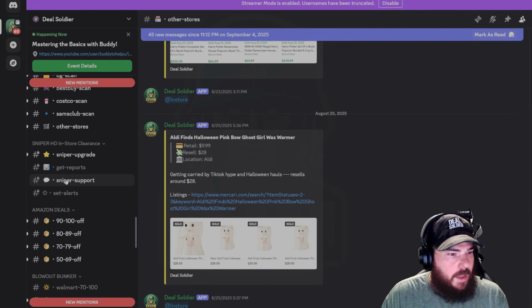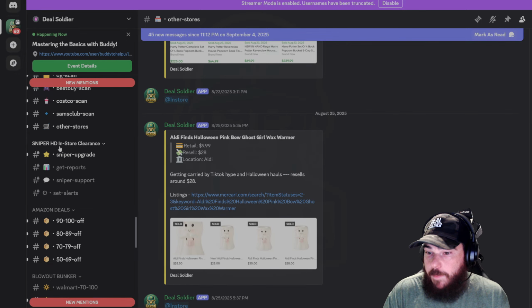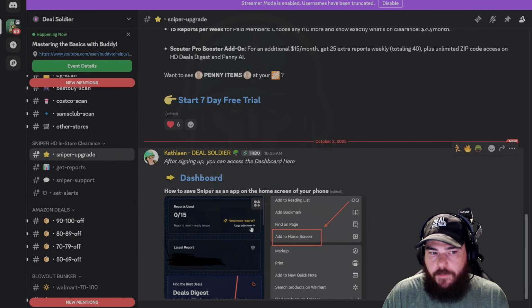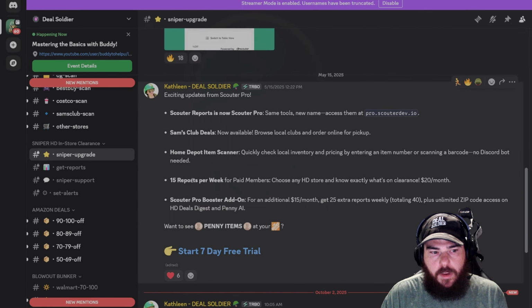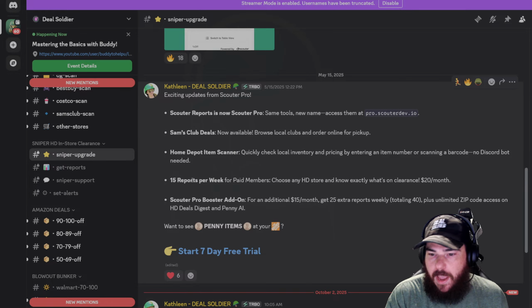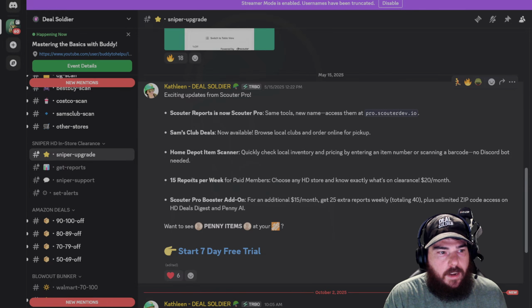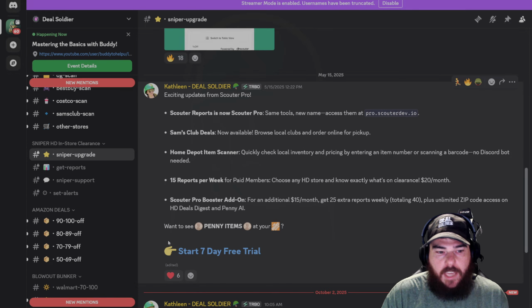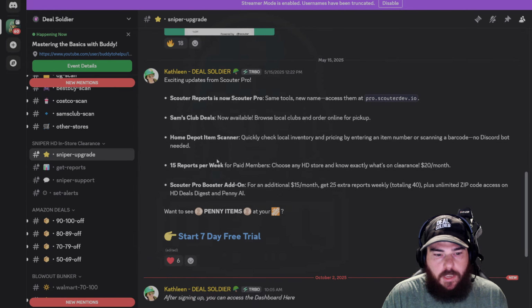Let's see, somebody asked about Sniper. If you're already a member, you're looking for the Sniper upgrade. This is where a lot of our members are finding those penny deals. You can hop into the Sniper upgrade. It gives you a little bit about what you're doing. This will give you a run sheet per store of all clearance items inside of a particular Home Depot. So in my area, say the store is in Worcester, this will give you all the markdowns of every item inside the Worcester store, as well as a penny list of stores around you.